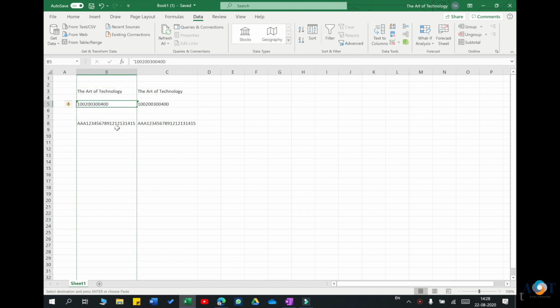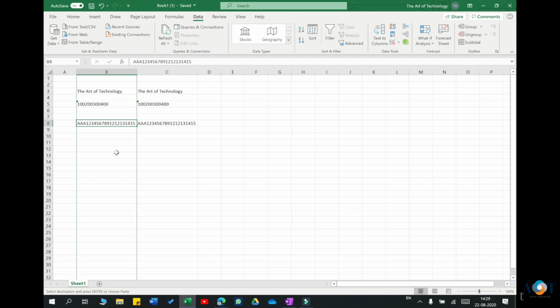I have another example where after every 3 digits there is no space, comma or other delimiter that I can identify. So after every 3 digits I want to convert into another column. The third example is long text with a combination of characters and numbers. With these three examples I'm going to show you how to convert your text into columns in a better way. The third example is a little bit advanced. The first two are simple ones.